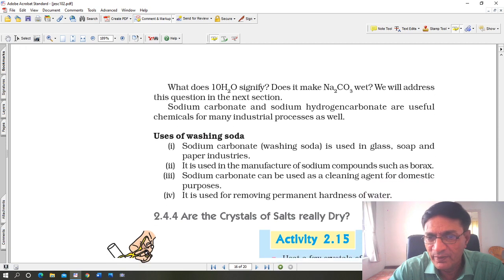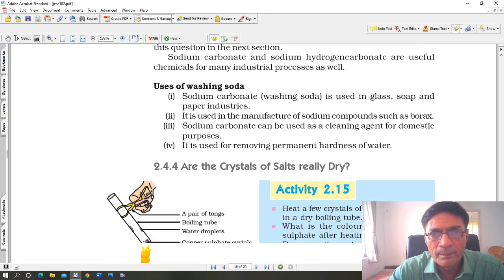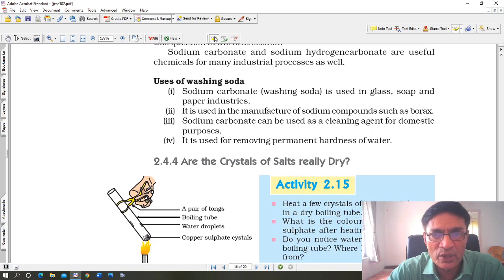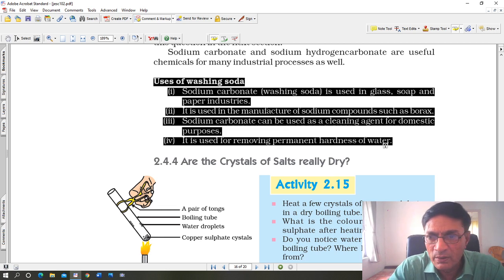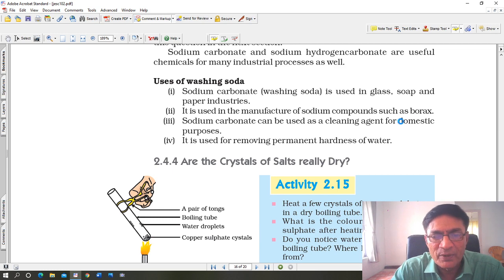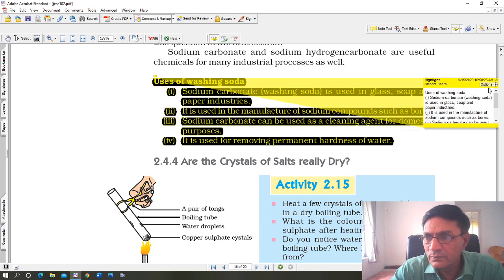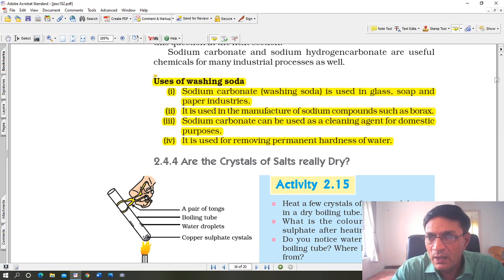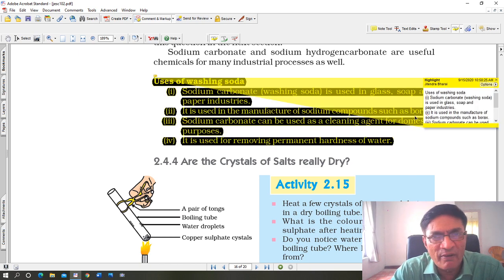Once again, I'll highlight this portion so you understand this. These are uses of. When I finish the chapter, I will be sending you two things, especially those who are really interested. Of course, I will send a PDF. I'll try and send a PDF of these question answers to everyone.